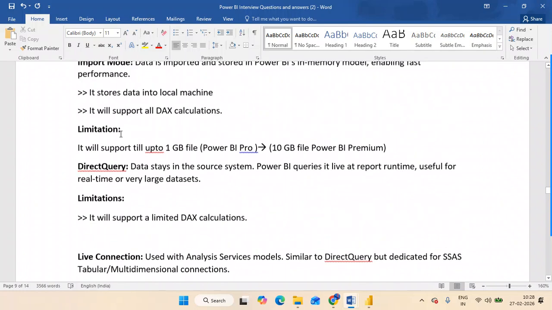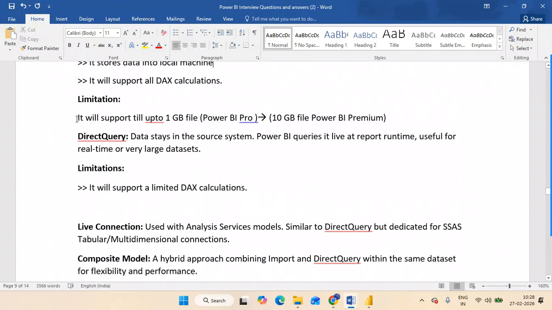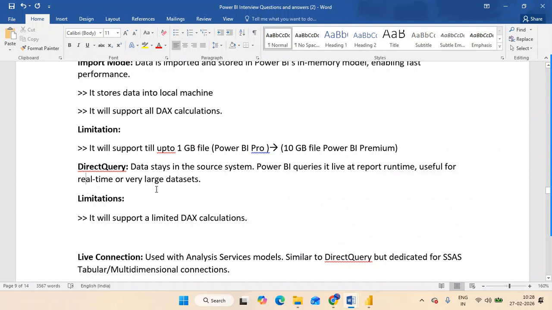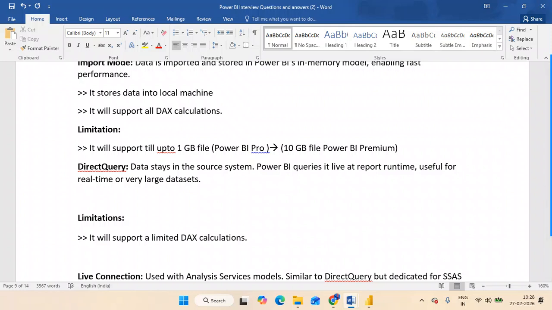And what about these limitations? You have to remember these limitations. These three points for each, you can explain. In DirectQuery, the data stays in the source system, and Power BI queries it live at report runtime. It directly executes from the source level; every time it will query the source system.